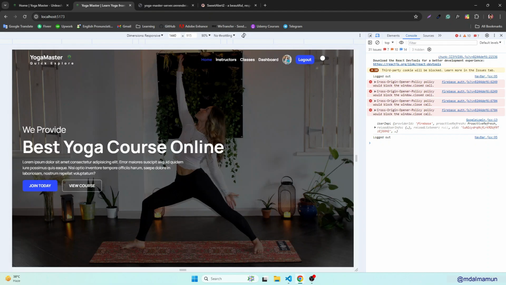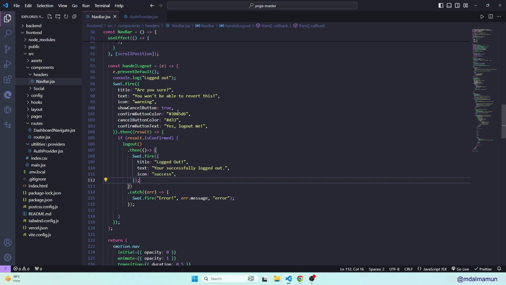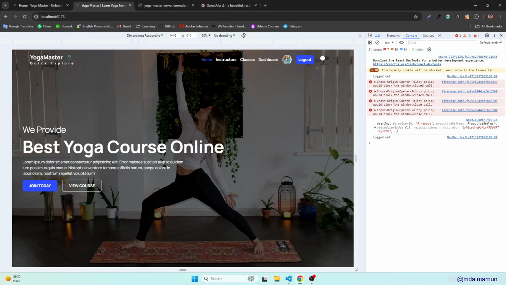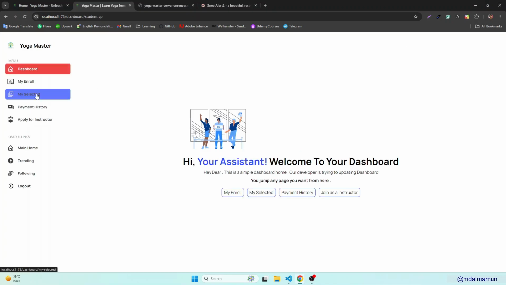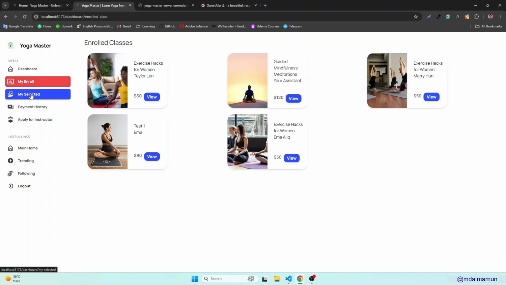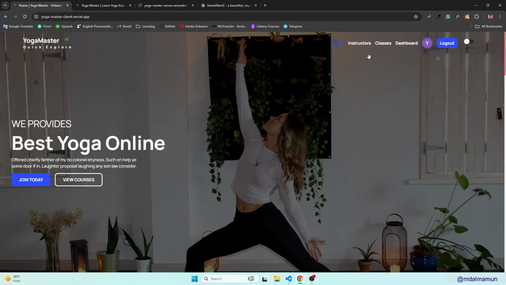Okay, so let me just console log this. Okay, but now I think this functionality is okay. Then next we'll have to move to the dashboard. Here we'll make a dashboard for the